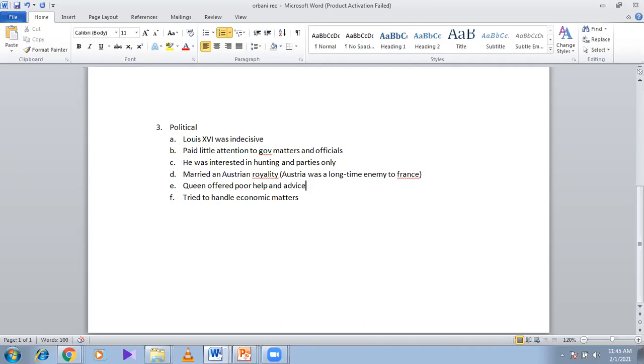The queen offered poor help and advice. She tried to handle economic matters, but instead she started spending the money on